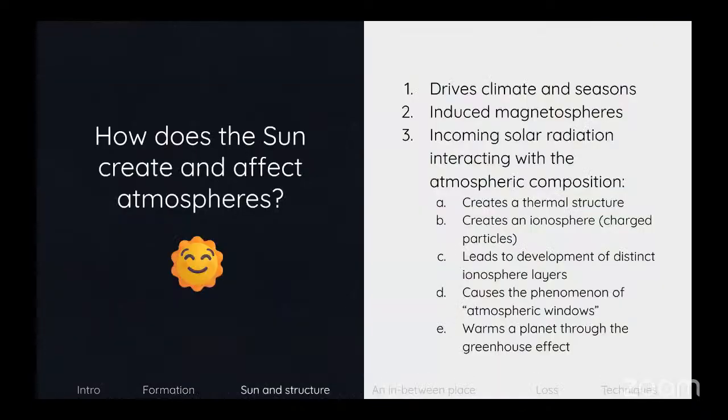All right, so this is the Boulder Solar REU. The next section is going to be all about different ways that the sun creates and affects atmospheres. And I've put a list here mostly so if these slides get posted, I think they typically do, you can refer back to them if you are curious. So this list here is not for reading now, but just to summarize what's on the following slides.